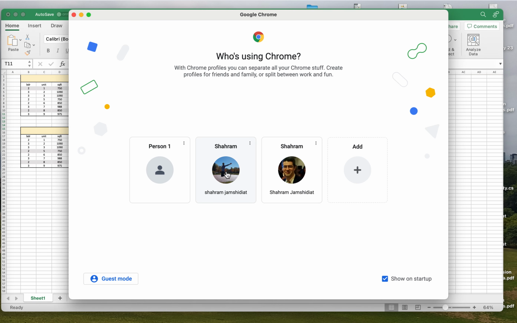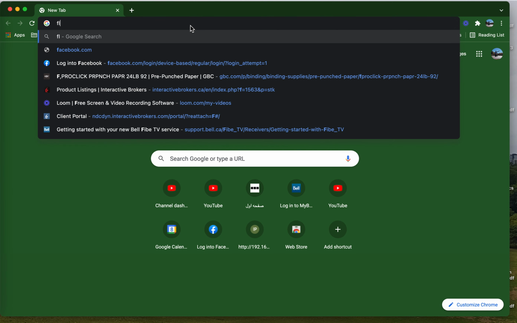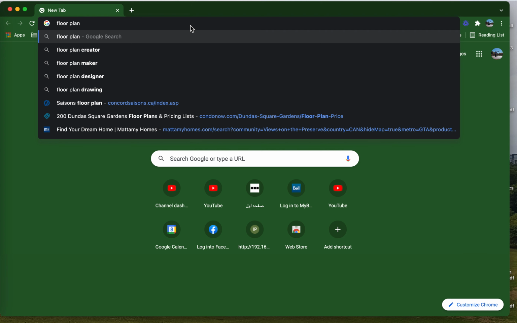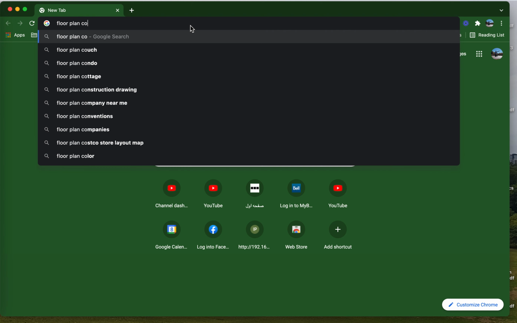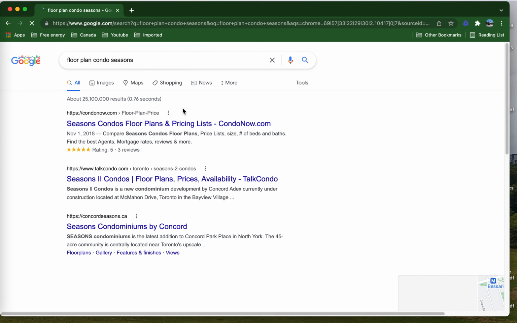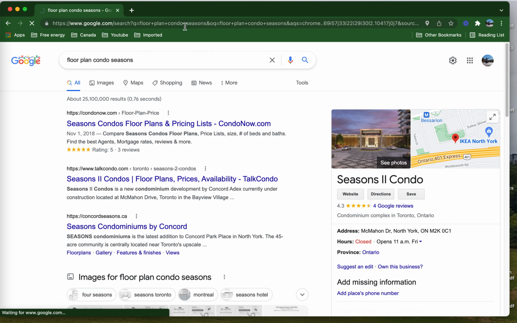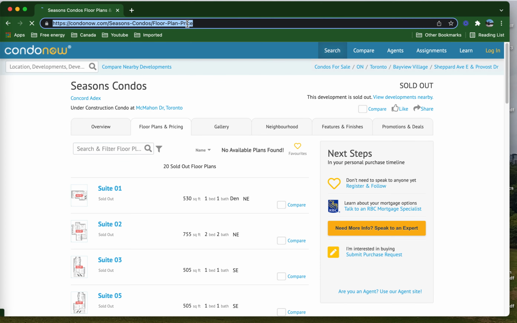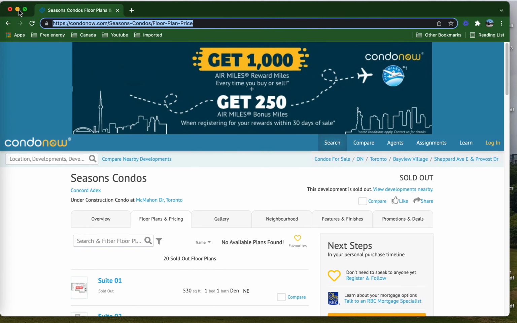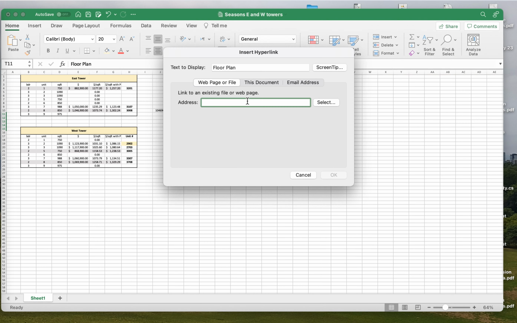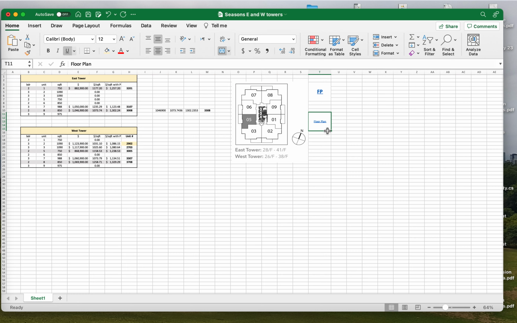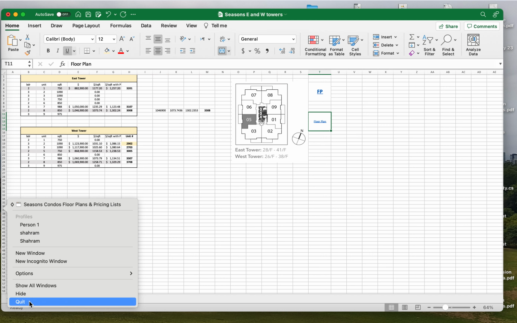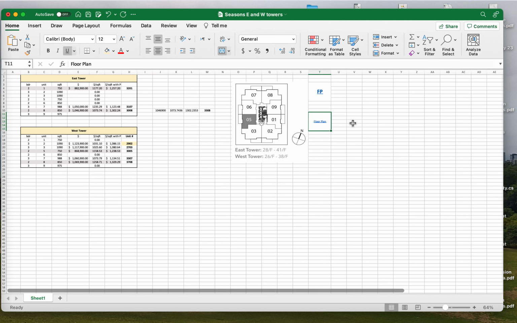Now I just go to my account, floor plan, condo, seasons. Okay, imagine this is the link. So I just copy this, I go down, I paste it here, and then I say okay, now this is a hyperlink. So if I close that window, let me close this. Okay, so if I click it here,